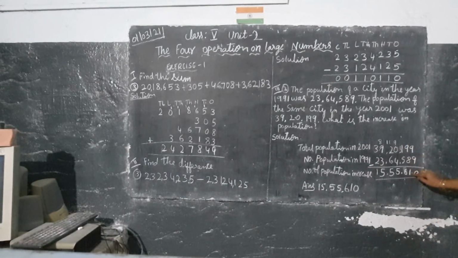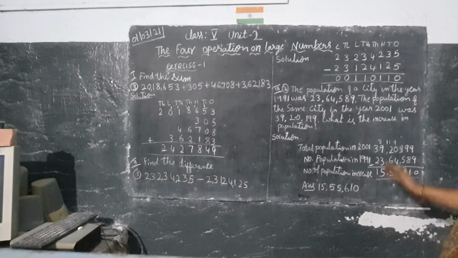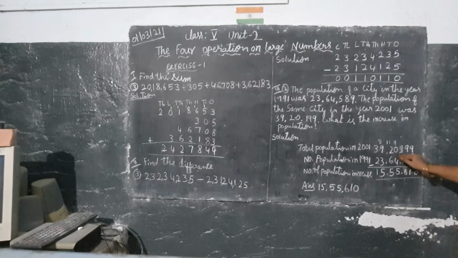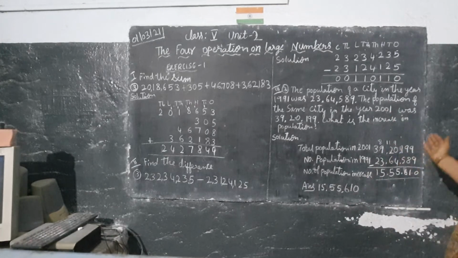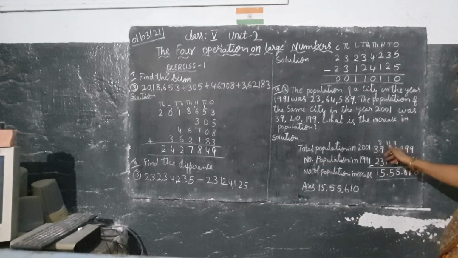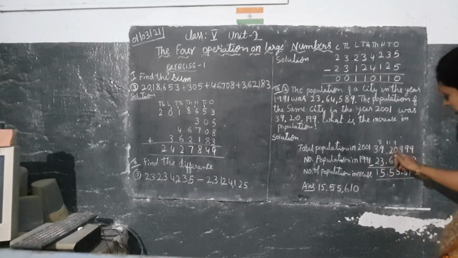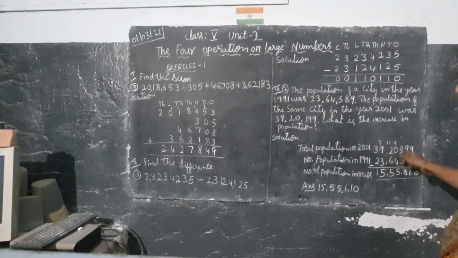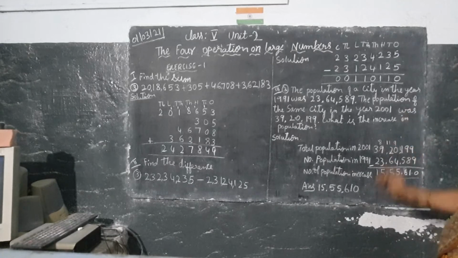9 minus 8, 1 you will get. Then 1 is not subtracted from 5. Then you borrow from the next number. 0 is there. 0 is not giving. Then again you have to borrow from the friend number. What is their friend number? 2. 2 will be cut. 1 you will return with this 1. You have to send here, 10 it will happen. This 10 you have to send to this number. Then 11 it will happen. This is the 9. Then 11 minus 5 you have to do. Then you will get the 6.